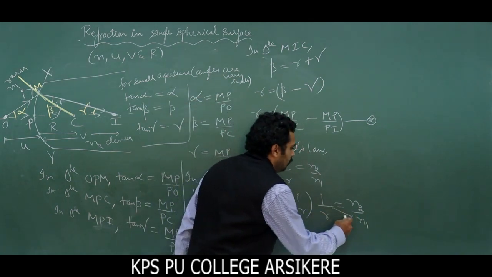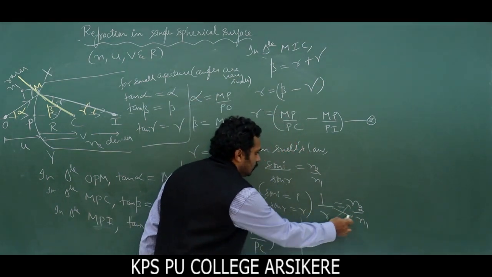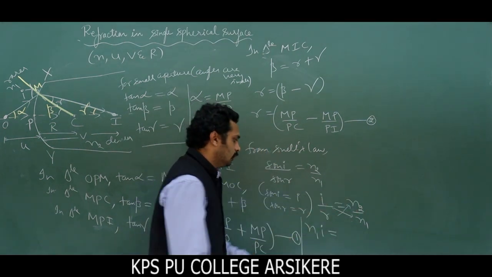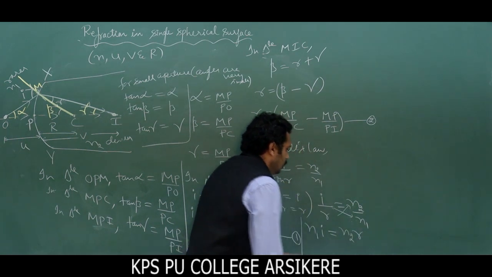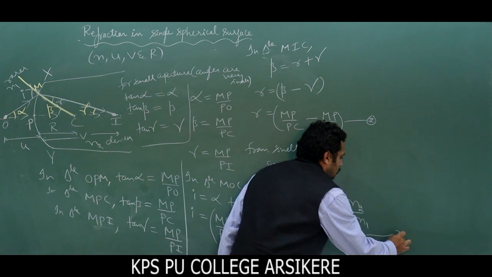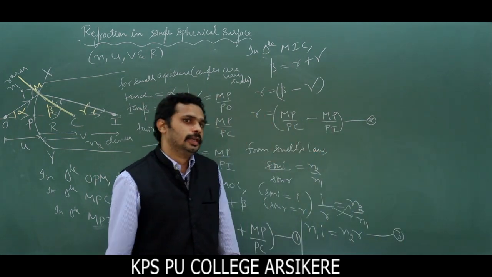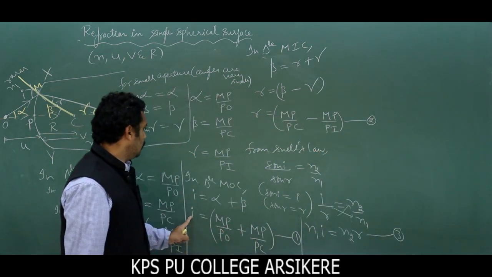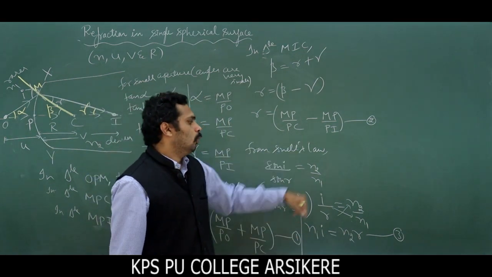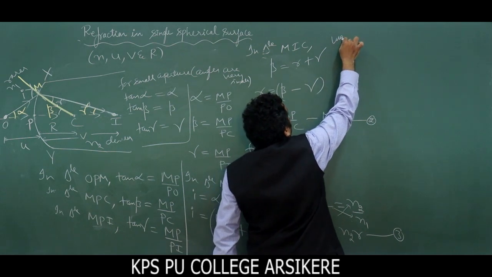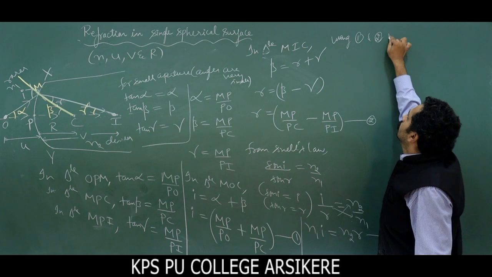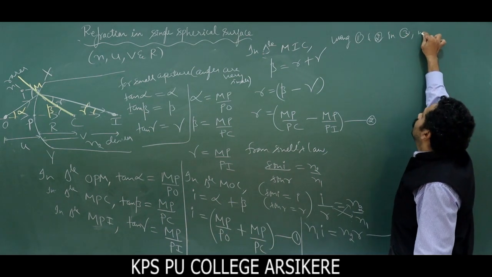Now cross multiplication: N1 into I, N1I, and N2 into R. N1I is equal to N2R, which I am taking as equation 3. Now using equations 1 and 2 in equation 3 we get,